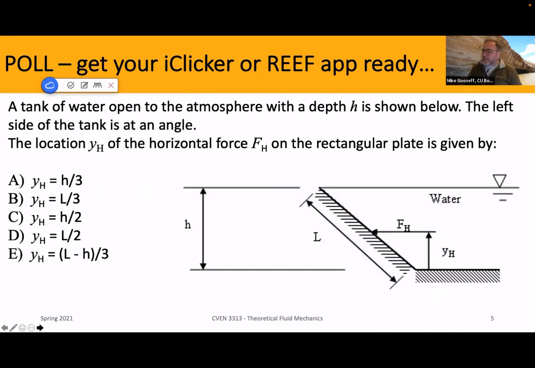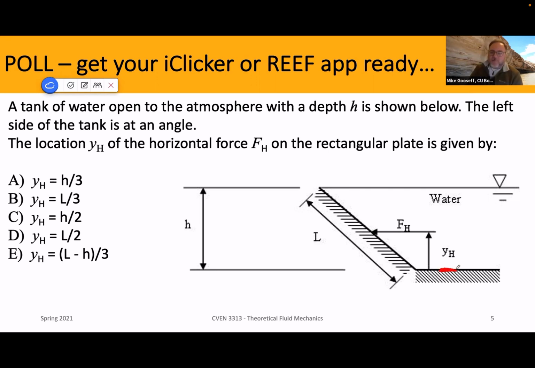Okay, a tank of water open to the atmosphere with a depth H is shown below. The left side of the tank is at an angle. Okay, so we've seen this before. The location Y sub H of the horizontal force FH on the rectangular plate is given by which of these equations? In other words, how high up,